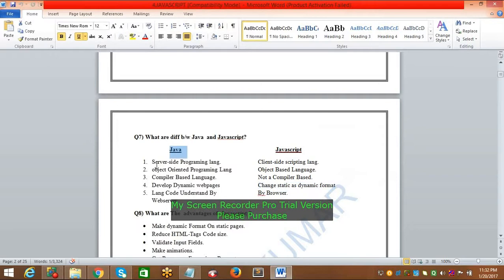What about Java? A Java program can be understood only by a web server. Internally there is an extra service, and without that service we can't execute a Java program. But all JavaScript programs and statements are handled by browsers. The behavior, process and execution of those two languages are completely different. Finally, this is a front end and this is a back end, so JavaScript is called a front end language.